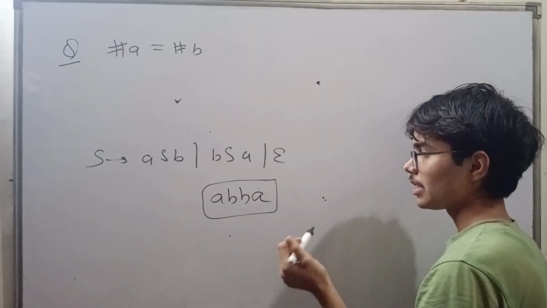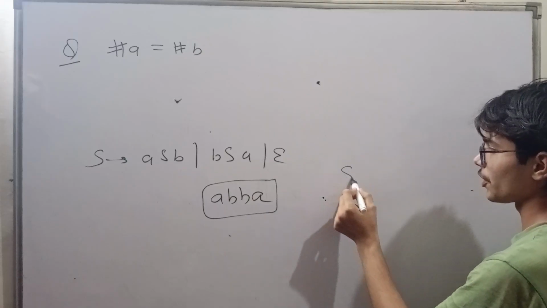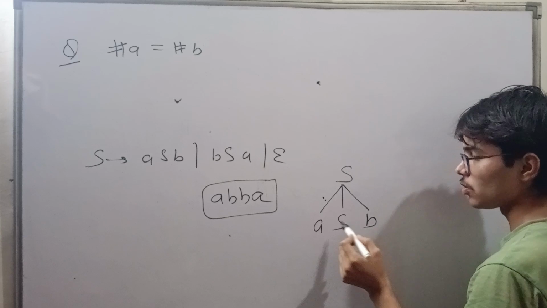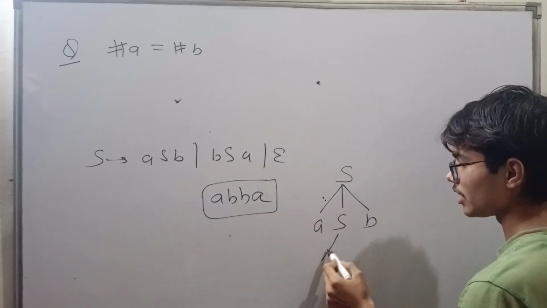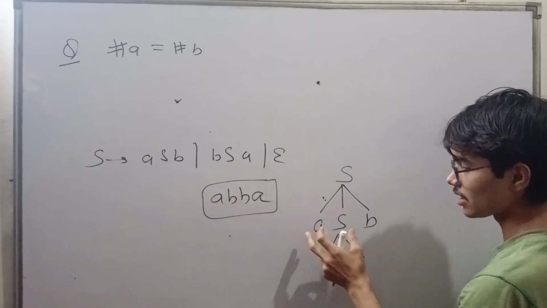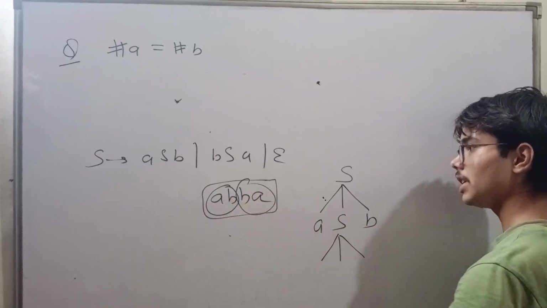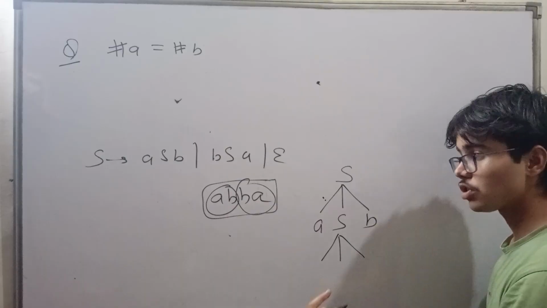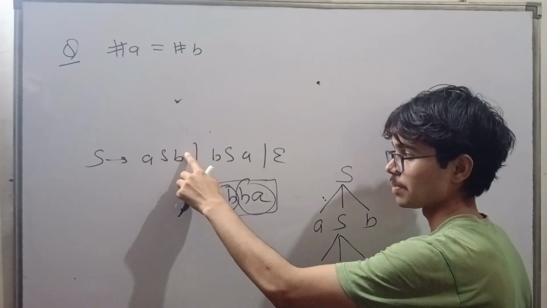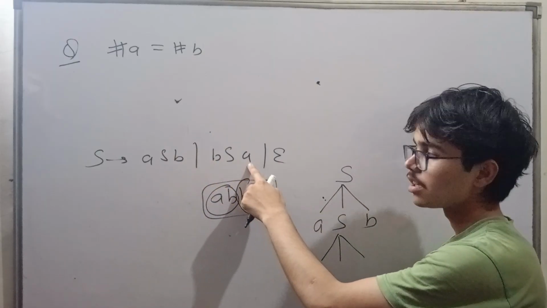You can solve it in multiple ways. The first intuition I want to give you is: what is the problem in generating this? When you generate this, you are unable to. Let's suppose this is AB and this is AB. You cannot generate BA here. Why are you not able to generate it? Because there is no S present here. If S is present here, you can simply generate BA.